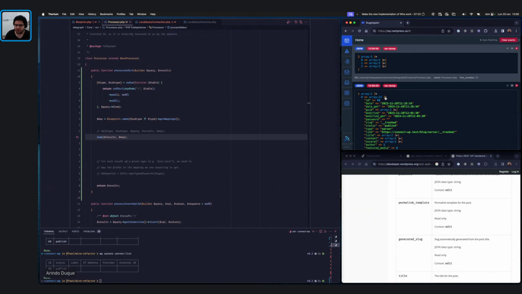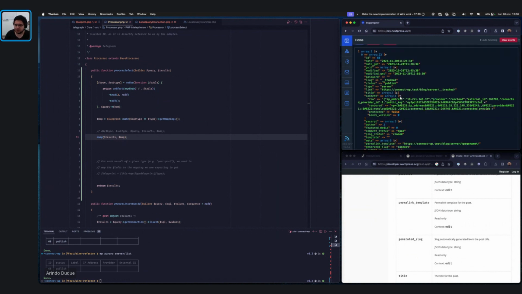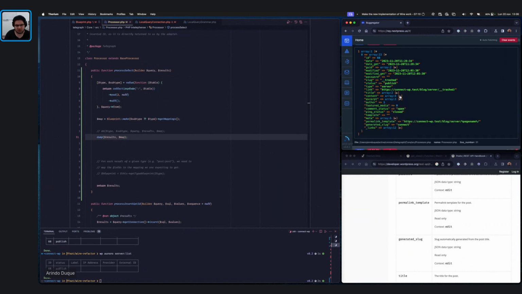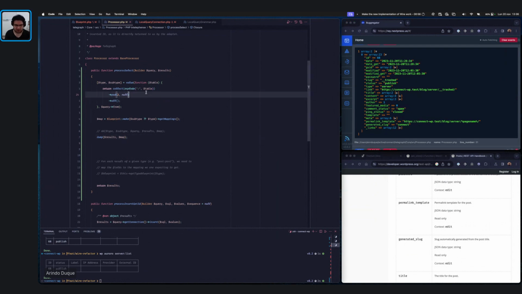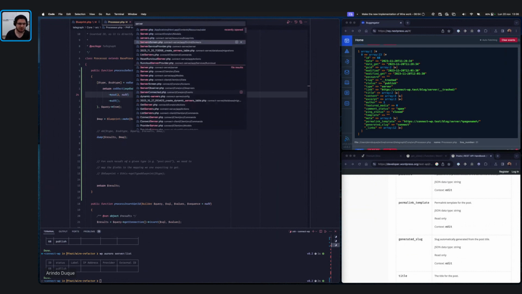So here we have our item, and we have the contents saved as raw content here. Okay, so now we can go to our server migration,